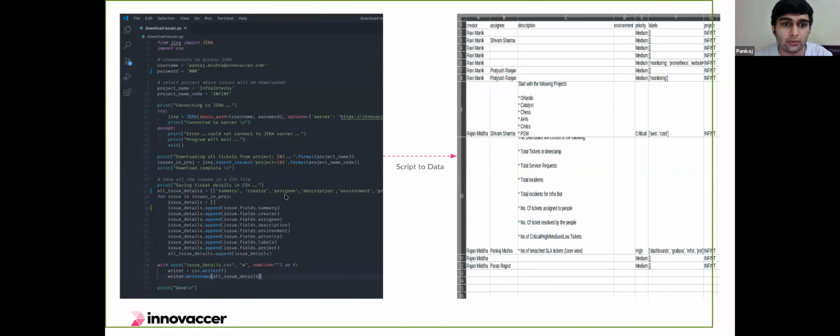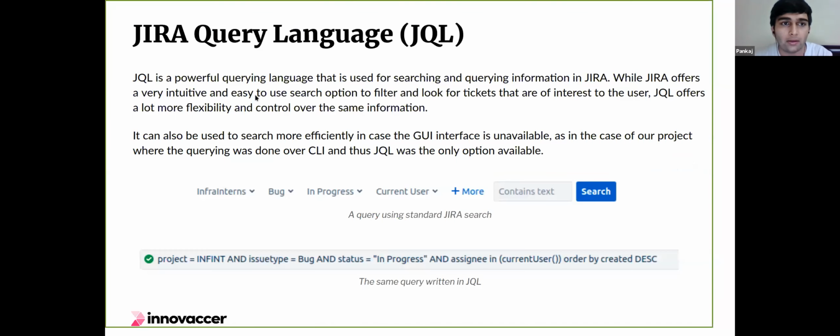This was an example. This was one of the very first Python scripts I wrote to fetch the data on the left hand side, and this was the result on the right hand side. We were able to retrieve all the ticket information from one of the infrastructure intern projects. JQL, as the name suggests, is very similar to SQL and is used for querying and searching for information in